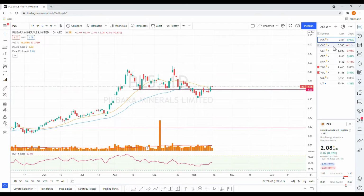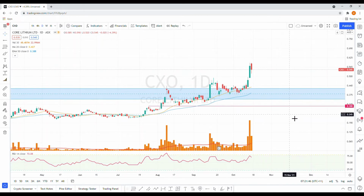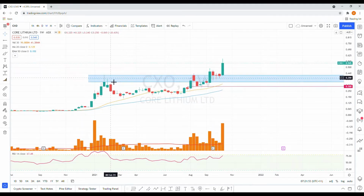Next one is CXO. I'll go to the weekly. You can see it nicely. Yeah, you can see this has been a resistance box early. Then again, see the resistance. See this one, compared to previous, see it broke this resistance level with good volume. You can see the volume bar. See the volume has increased compared to the other few weeks,